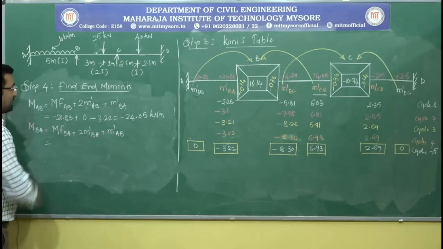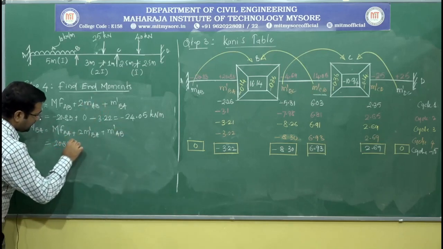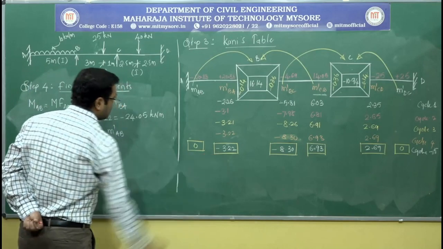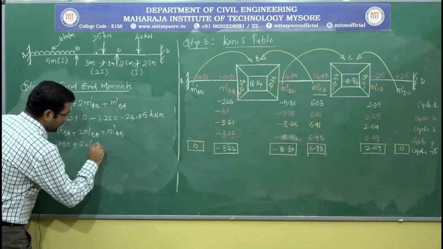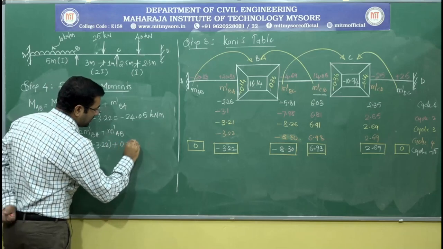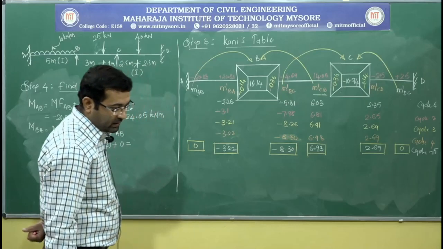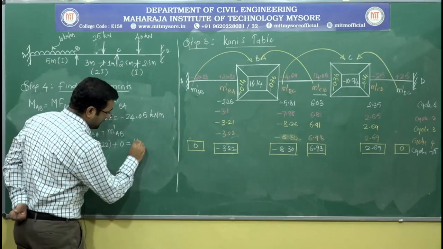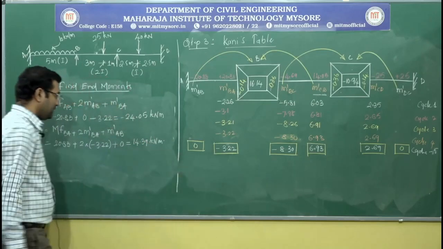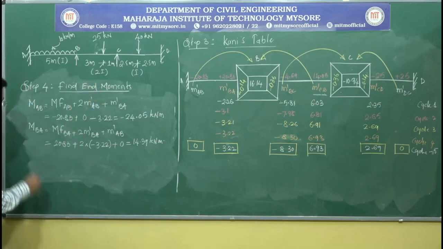So for this, the fixed end moment is plus 20.83 plus 2 times M dash BA. M dash BA is 3.22, minus 3.22 plus M dash AB is 0. That gives you a value of 14.39 kilonewton meter. Now similarly for span BC,